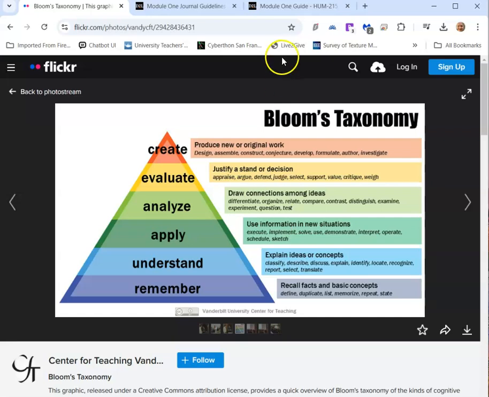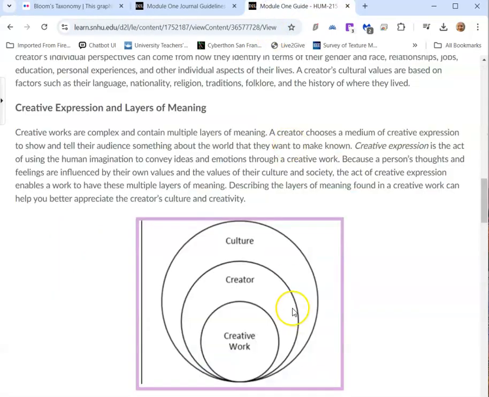I want to see you apply it. So if I saw an answer that said, a creative work is the product of a creator, which is the product of a culture, your rubric says, the needs improvement says you need more details and or examples. And that's what we're talking about here. So if I said the creative work is the product of a creator, which is the product of a culture, I would follow it up for a full A grade with, for example,